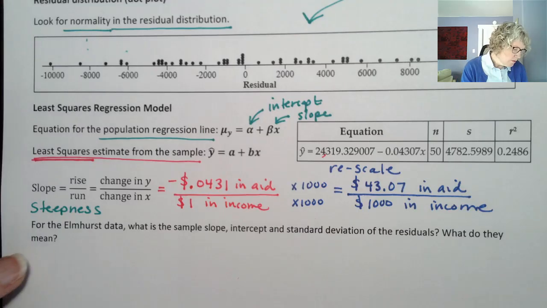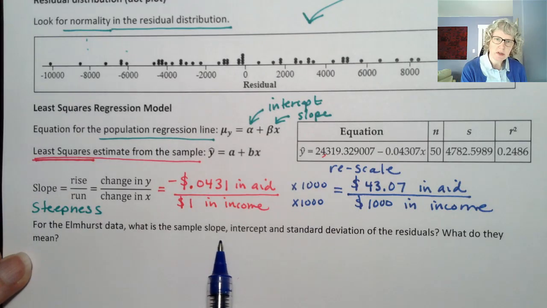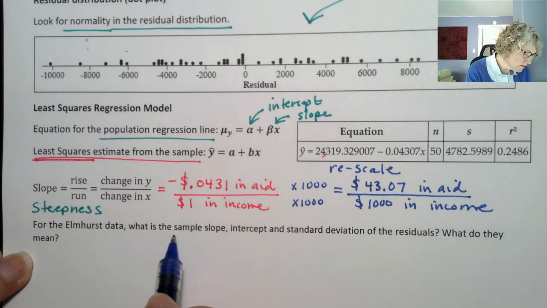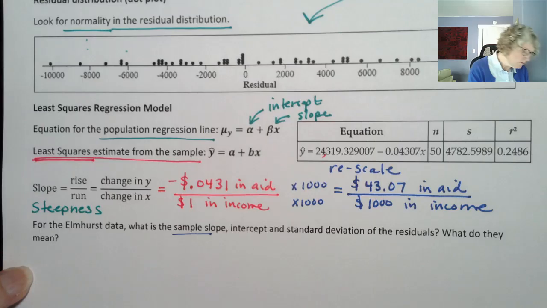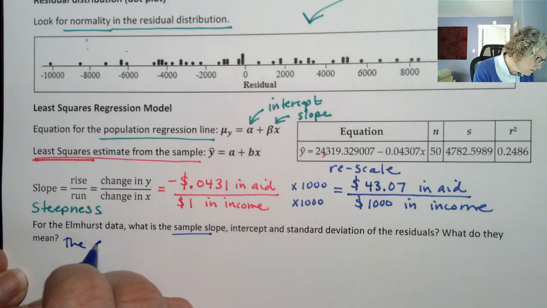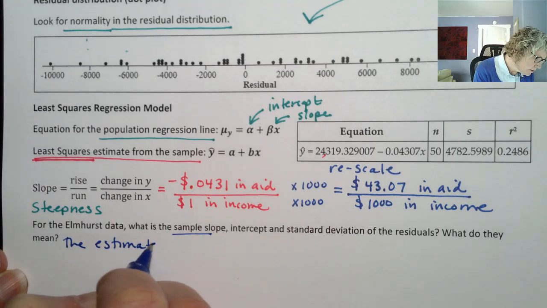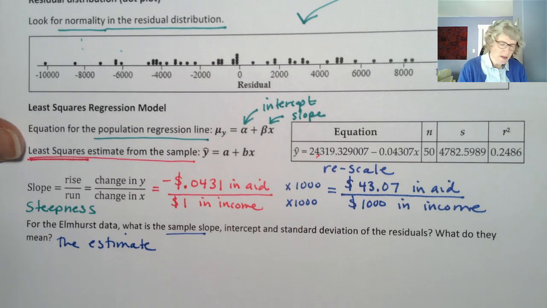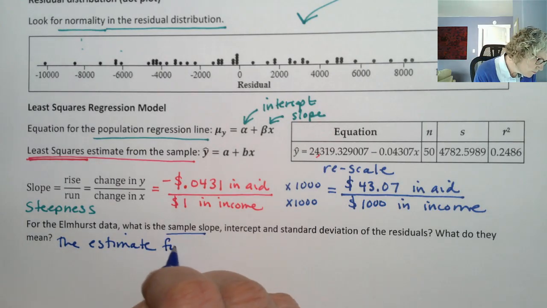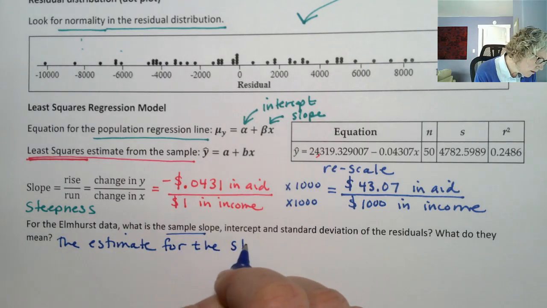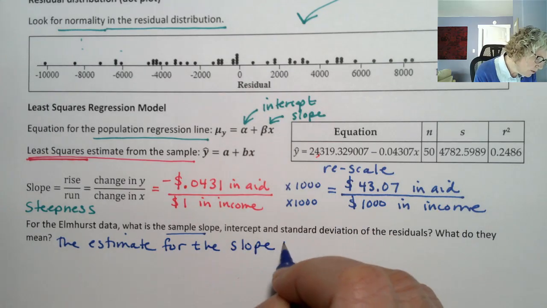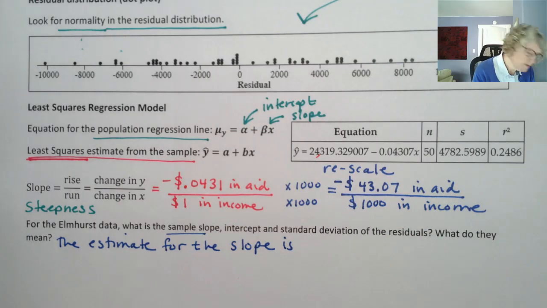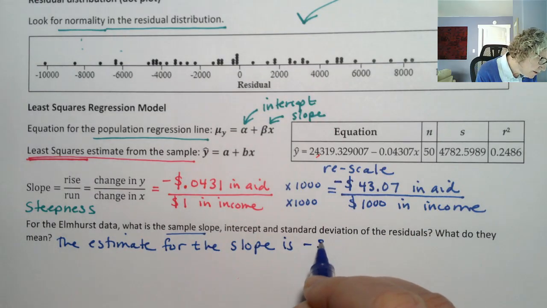All right, so for the Elmhurst data, what's the sample slope, intercept, and what do they mean? So I'm going to do these one by one. So slope, and what does it mean? So I'm going to say the estimate, because we're estimating the population slope, the actual slope, with our sample slope. The estimate for the slope is, you know what, I forgot my negative sign up there, so I'm going to add it in right now. Negative